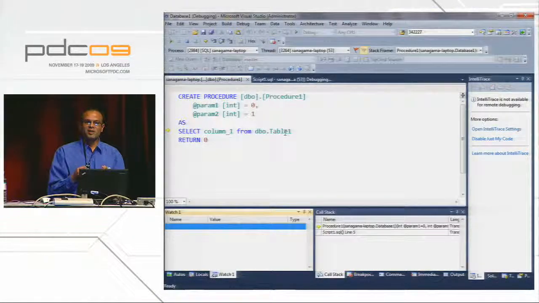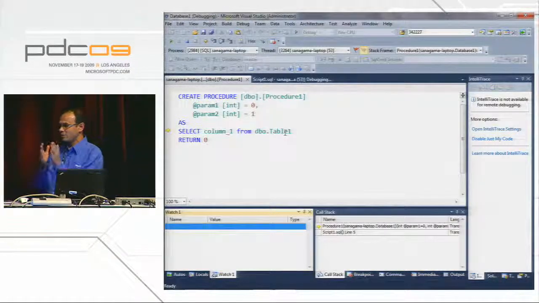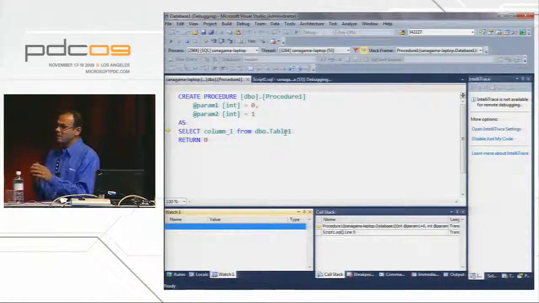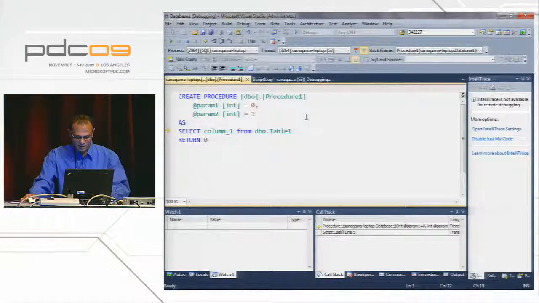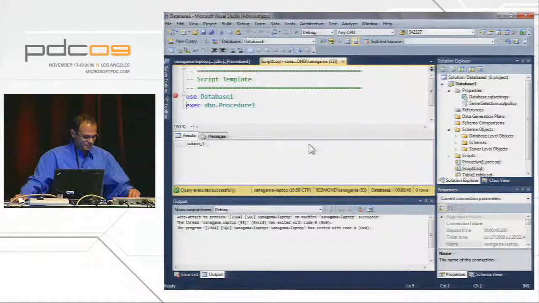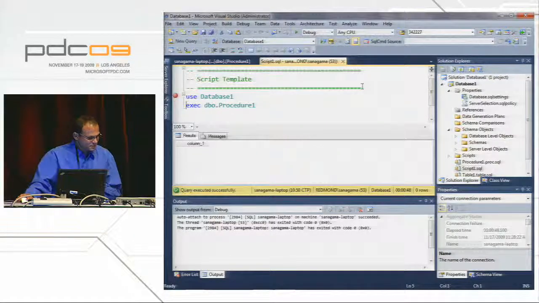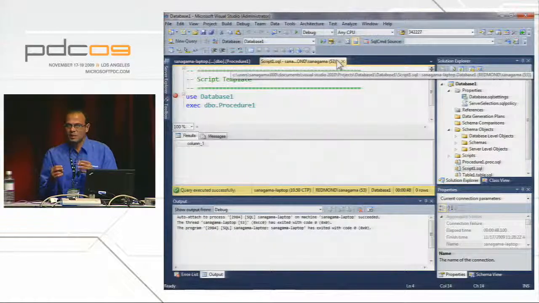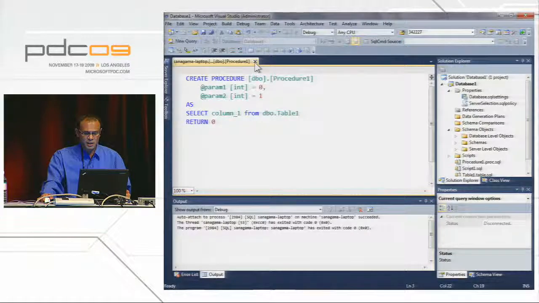Tasks that were traditionally in some other tool or maybe SSMS, you can go and iterate over your data tier application right from within Visual Studio. All right, I'll keep going. Okay, so fine, I've debugged my sproc. I'm happy. Maybe I fixed the problem and so on and so forth. Turns out that